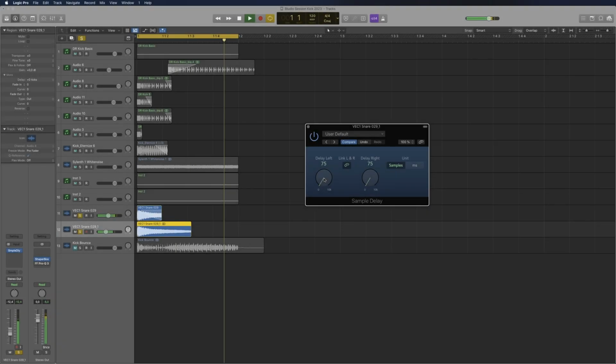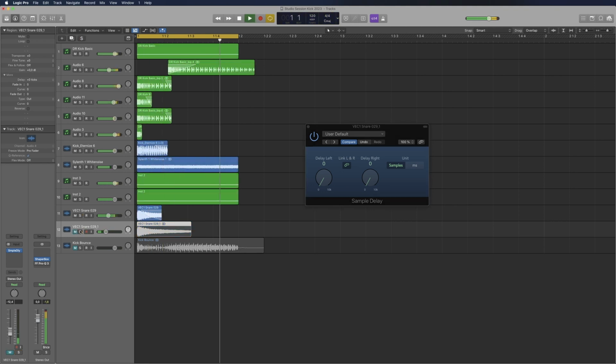So here I use a delay effect to delay one of the samples slightly, just to demonstrate how a real-world scenario could look like after you have exported your kick and put it to use in a project. You could hear how the two snare samples are clashing and result in a phasing effect. You see, even though the snare might only be a small part of the combined sound of the punch, the